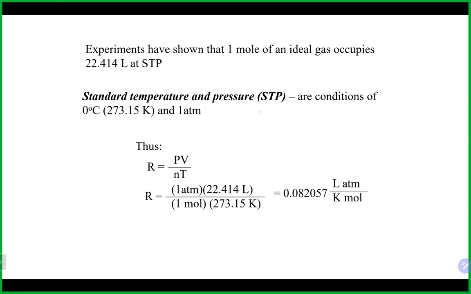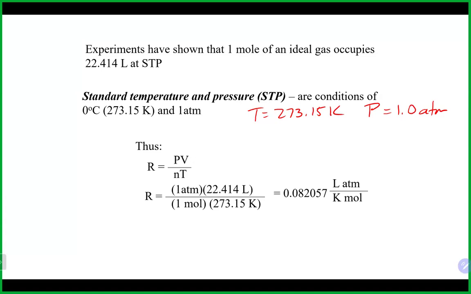The temperature at STP is 273.15 Kelvin. The pressure is 1 atmosphere. So again, in a problem, if it says, hey, this is at STP or find the volume at STP, those are the pressure and temperature values you should use. If you want to know if it is at STP, they have to both be those things. So if it's not that 273 and it's not 1 atmosphere, then you're not at STP conditions.